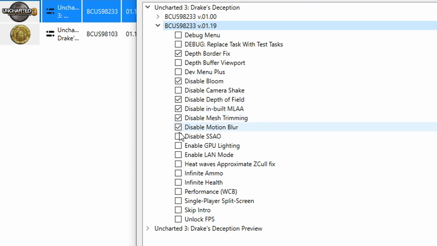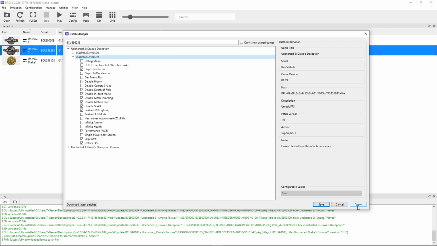So click on each one of them. Now select Performance WCB, the Skip Intro option for faster startups, and also the Unlock FPS. There you go. Make sure that it's exactly like this. Now hit the Apply button and then Save.